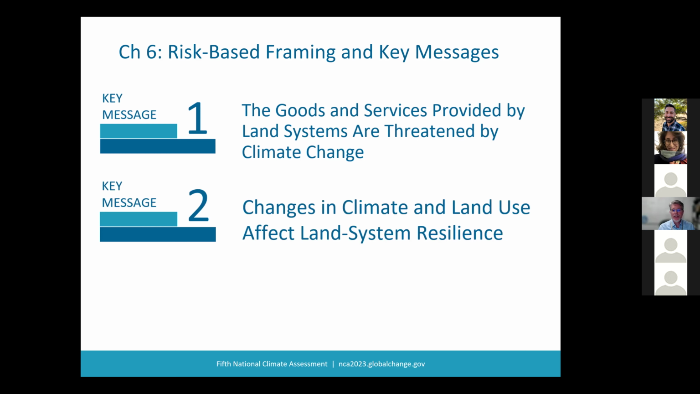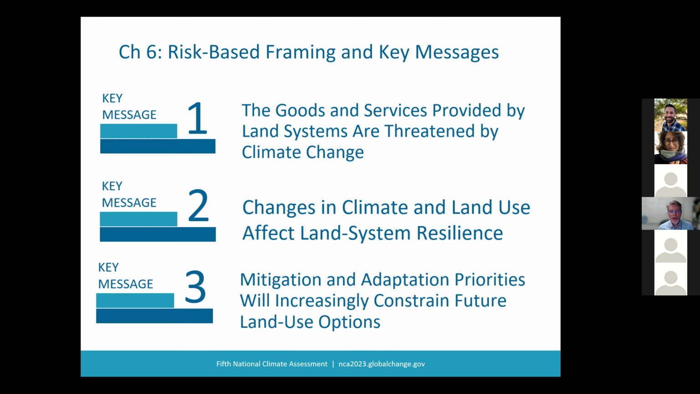The second key message addressed the importance of land system resilience, so the ability of the land system to withstand disturbance and return to its previous state is one way of defining that resilience. And changes in climate and changes in land use are both affecting the ability of that land system to be resilient. The third value that we assessed was the value that we place on being able to make choices about